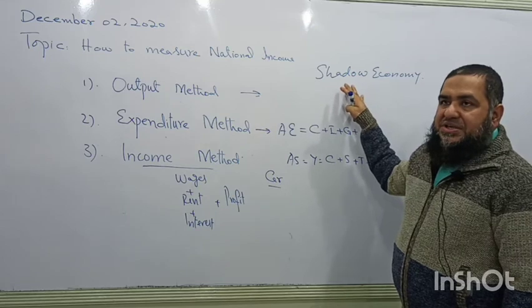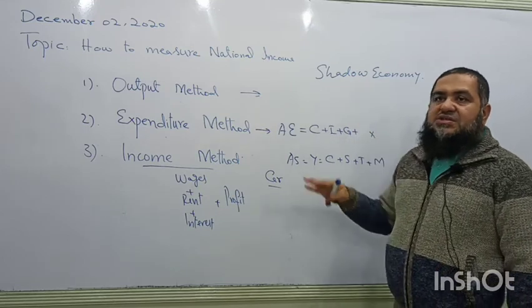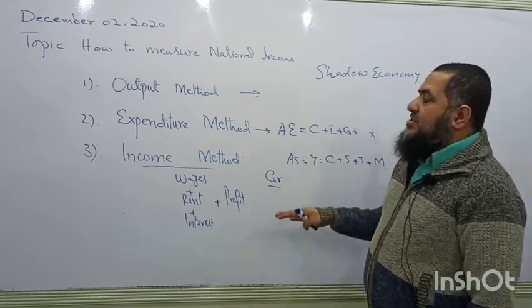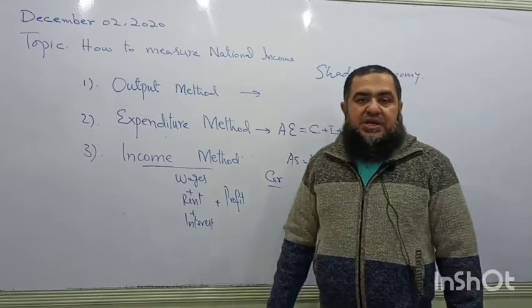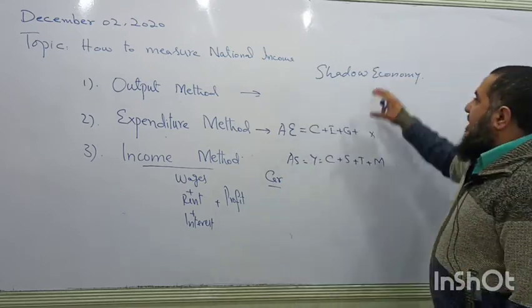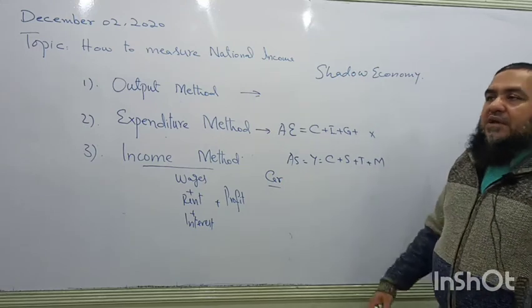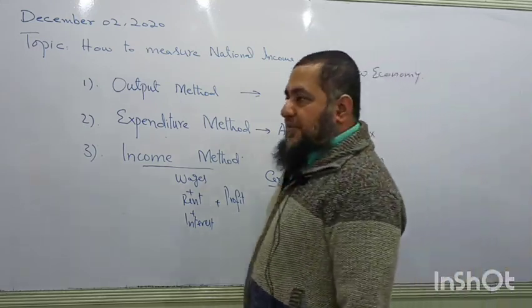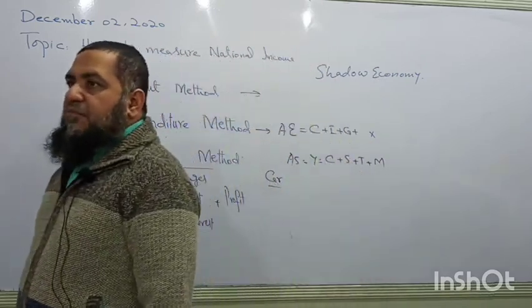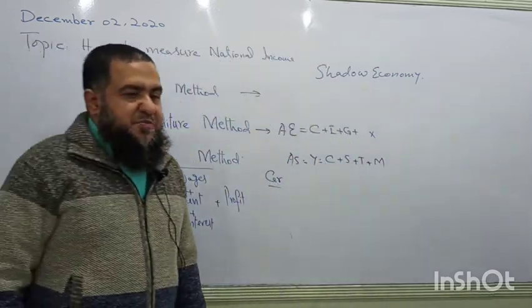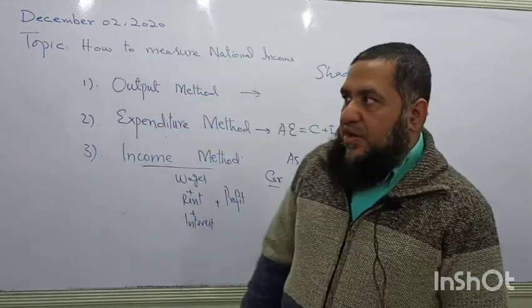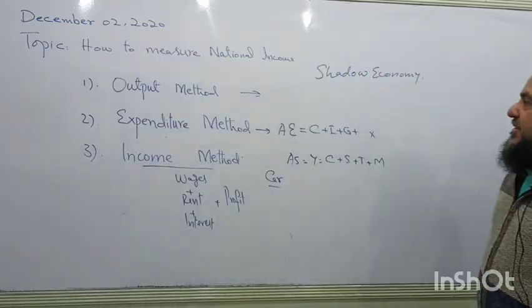This is a documented economy. If all the transactions, all the earnings, all the expenditures are documented, then we have less and less volume of this shadow economy or grey economy. And when people are earning differently, they have more income than they have expressed to the tax authorities in order to save their taxes.